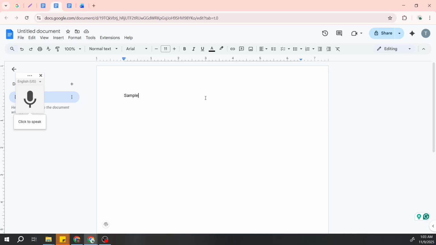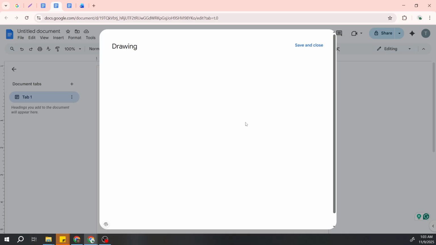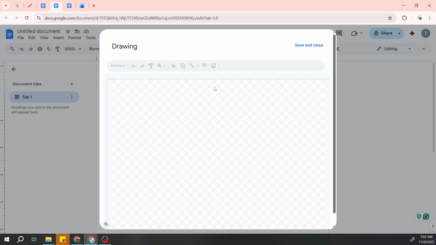If you're looking for even more control over the placement or appearance of text, consider inserting a text box. To do this, go to Insert in the menu, then Drawing, followed by plus New. In the Drawing tool, you'll have the option to create a text box and customize it before inserting it into